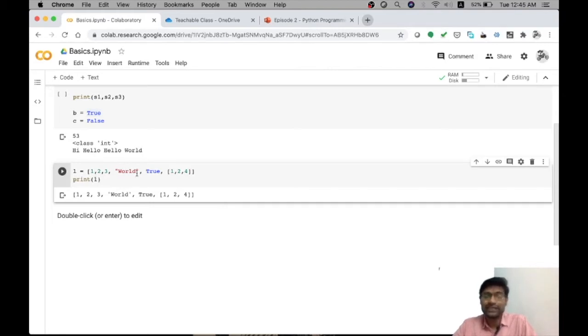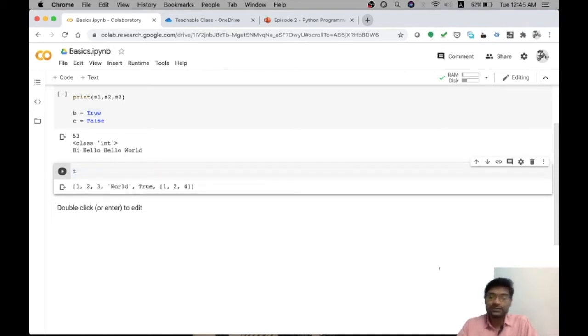So we can store any kind of object inside this list. By object, I mean we can store functions or other complex data structures inside this list. But for now, we are limiting ourselves to the data types we are seeing currently. Okay, so now we will proceed with the tuple data type.